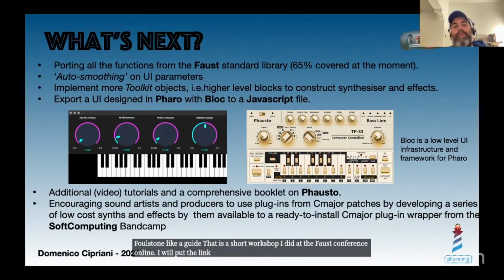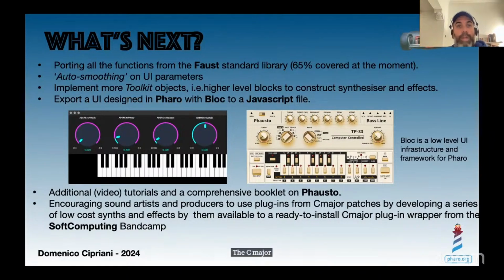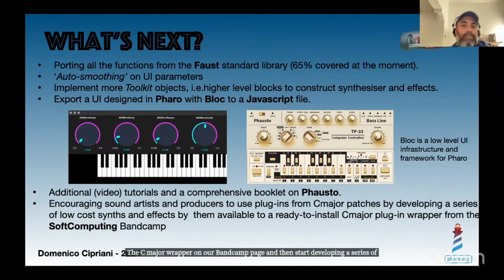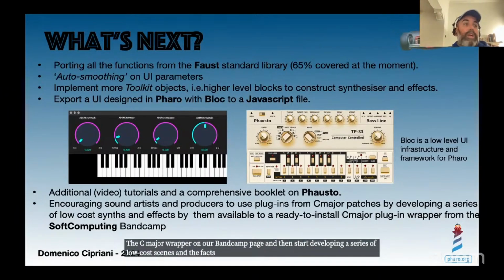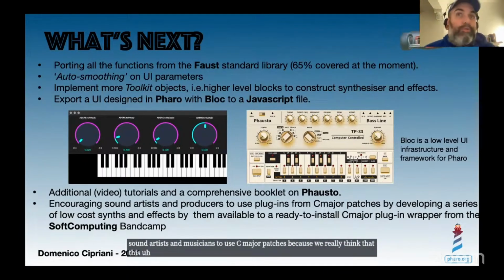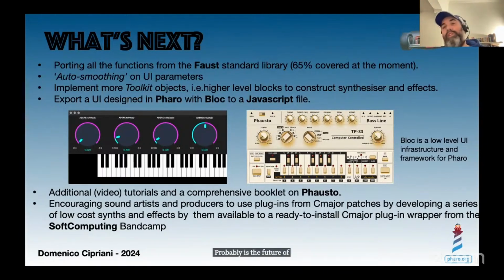And then as Soft Computing, we want to make the C major wrapper available on our Bandcamp page, and start developing a series of low-cost scenes and effects, or also something for free, just to encourage sound artists and musicians to use C major patches, because we really think that this probably is the future of developing instruments and effects, at least especially for